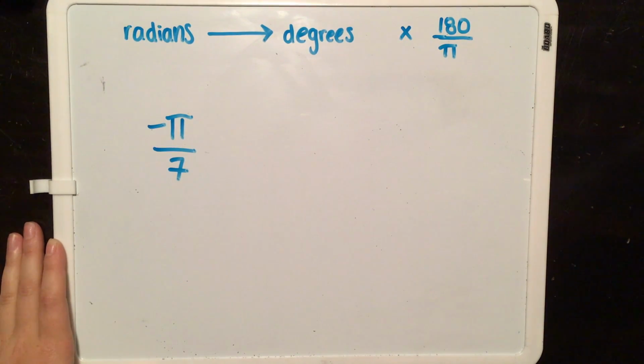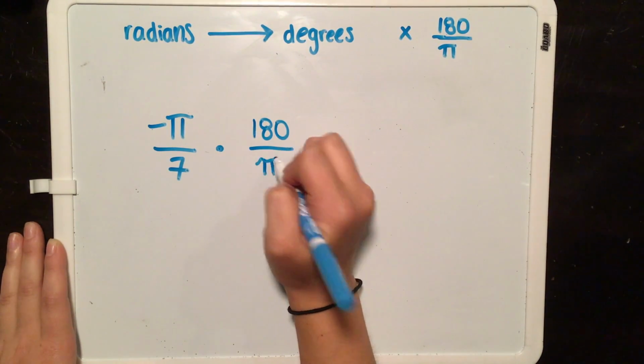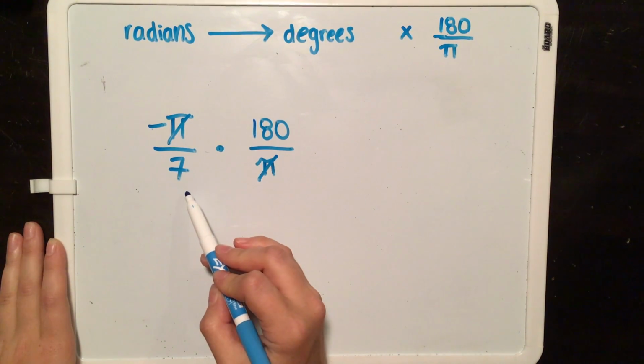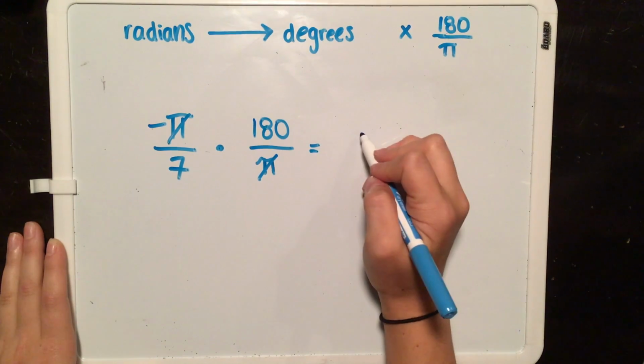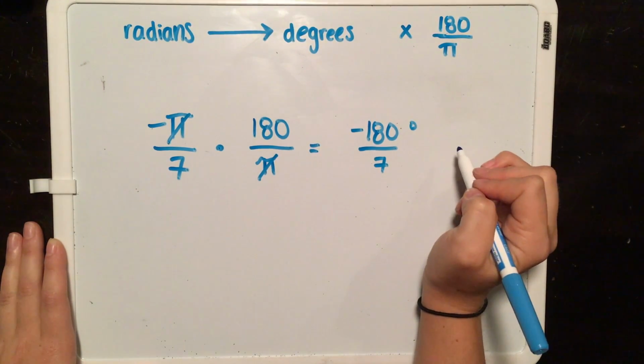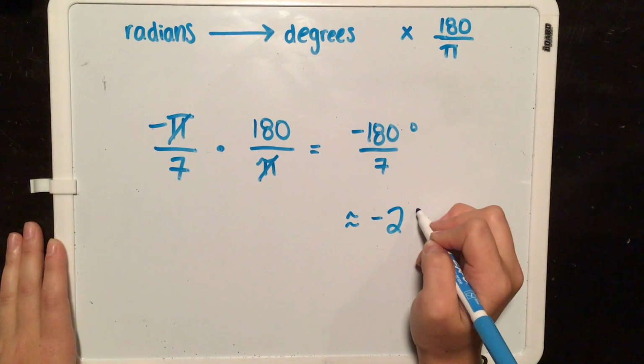My last example is a negative value that's not a common value on the unit circle, but we can still calculate the degree equivalent to this value. It just might not be a reducible fraction. So we have negative pi over 7. If we multiply this by the conversion factor, 180 over pi, the only thing that can cancel here are the pi's. 180 is not divisible by 7, so if we were to write this in degrees, it would be 180 over 7 degrees. But we can plug this into our calculator to get a more accurate answer, and it comes to negative